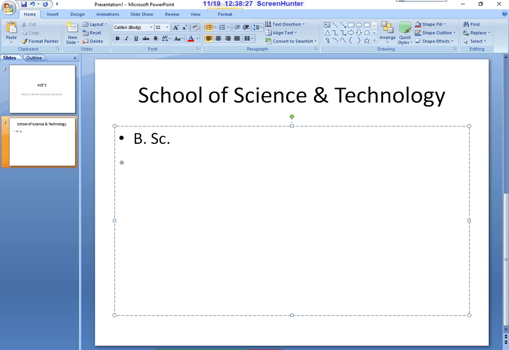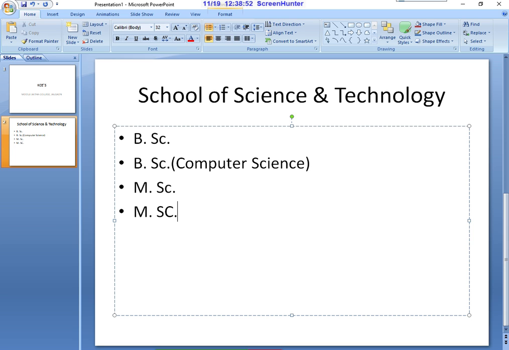BSc, BSc Computer Science, MSc, Computer Science. So this is the slide about School of Science and Technology.